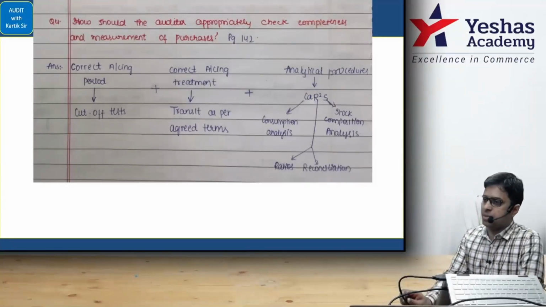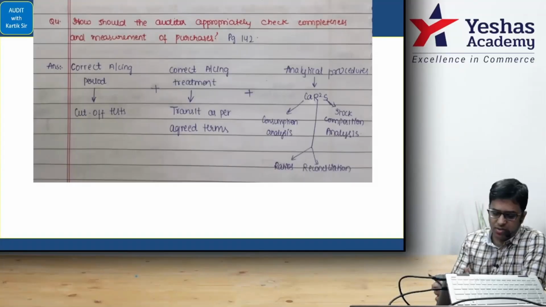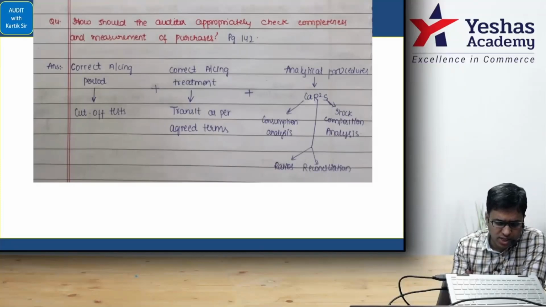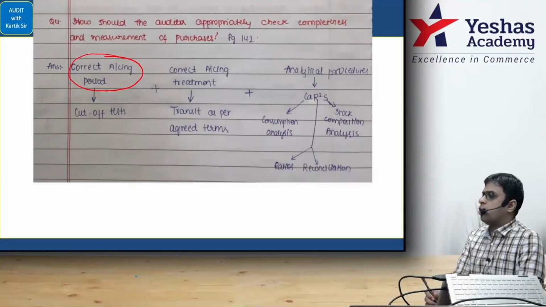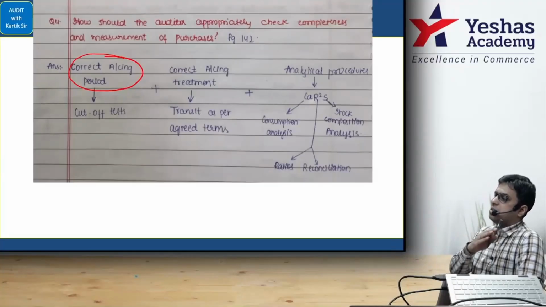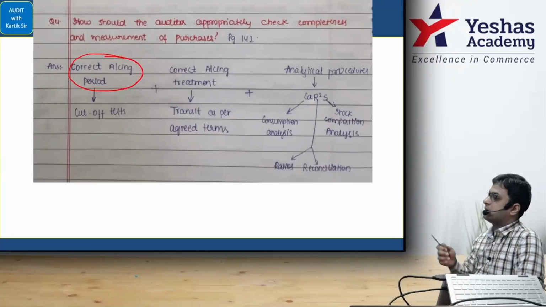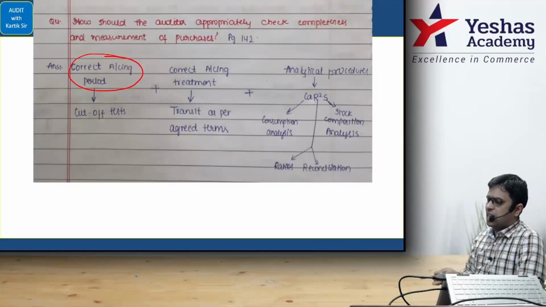First thing, if you look at the screen, please. Very simple area. Then we'll read together. We'll do the chart first. I will first check whether regarding purchases, the correct accounting period is followed or not. Purchase made on 2nd April, is it a March month purchase or a next year purchase?